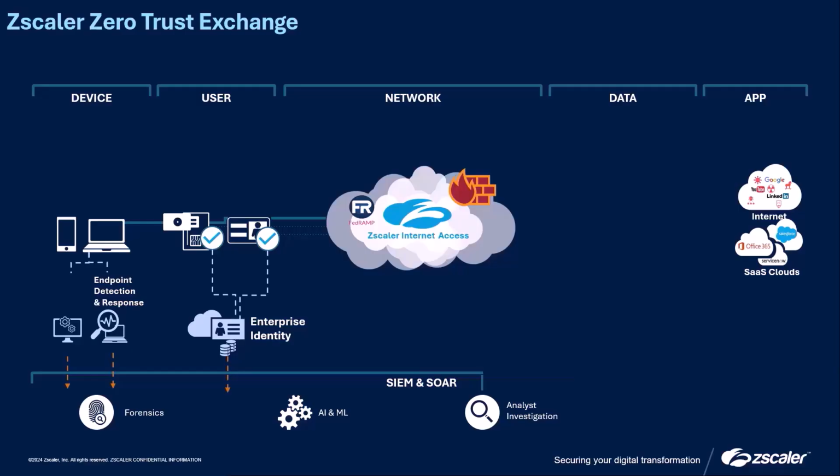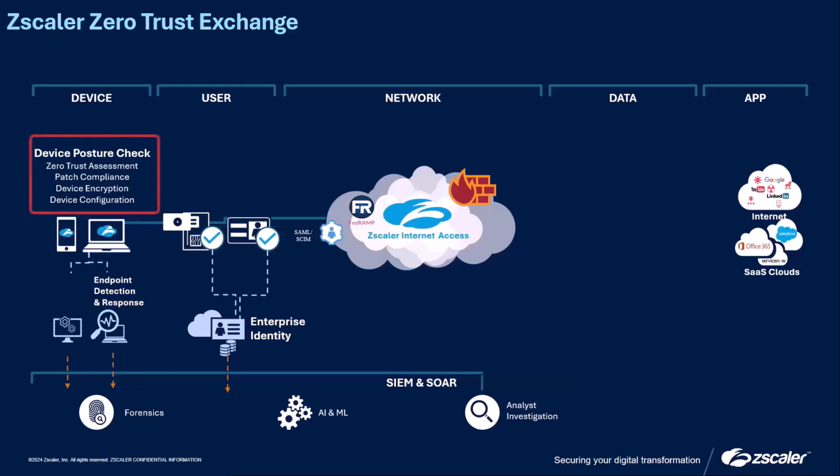In order to secure the packets that go to the internet, we have an agent sitting on the endpoints. We start off with the device-level checks with the help of Zscaler Client Connector, which works on the lines of checking the posture of the device. The very first check that happens is the Zero Trust assessment of the device, followed by the patch compliance. It looks for all the patches that are required for an organization. If these devices are compliant to those patches, then it looks for device encryption, and then it checks the configuration. The Zscaler Client Connector is responsible for traversing all the packets through or intercepting all the packets from the device-level